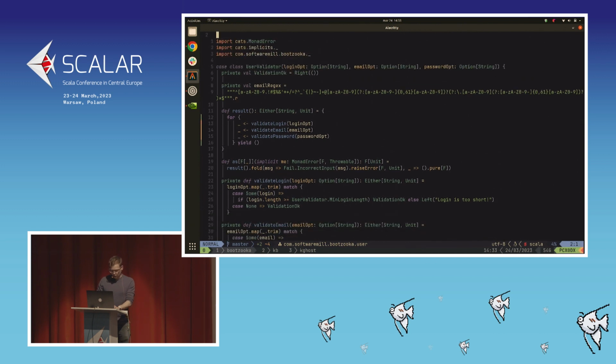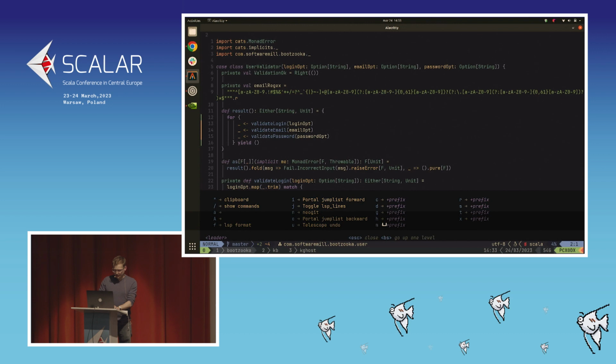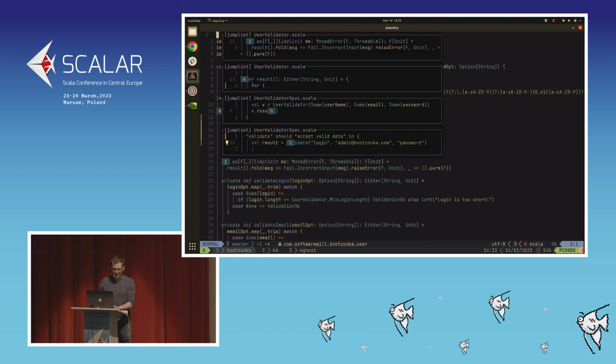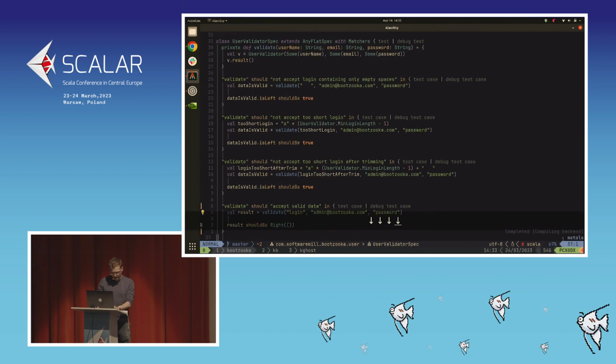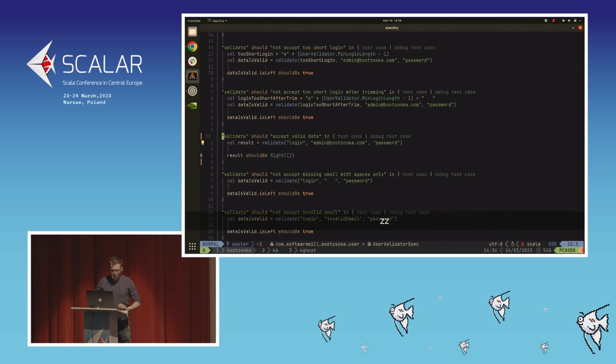Okay, let's get back to our test case. For that, we can use portals, and portals provide us with this nice way of navigating throughout the recent jump list. So I can get back to our failing test case. I don't have time to fix it, but because this one is a positive test case, in contrary to the rest of the test cases in this file, I would like to move it, be it at the bottom, at the top, and for this,